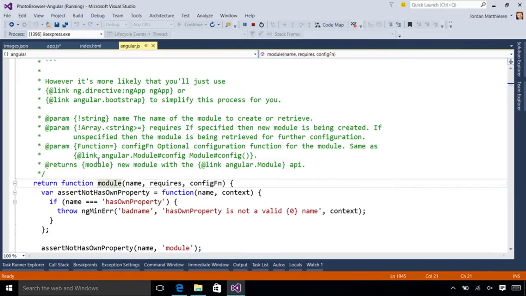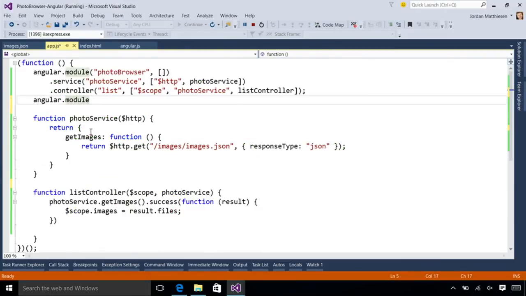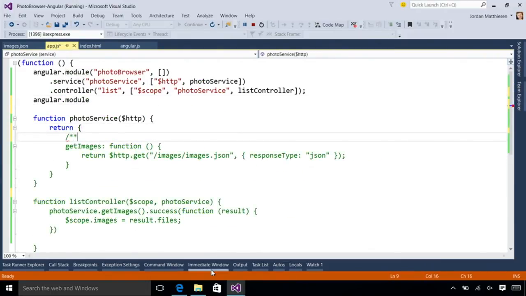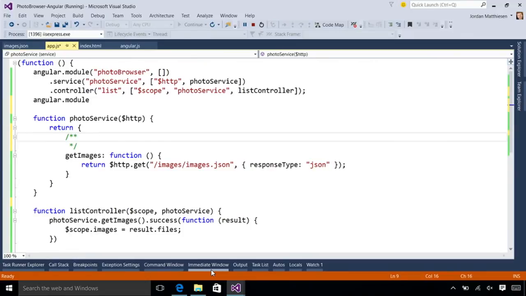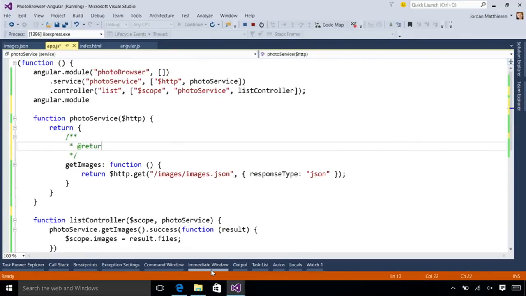Cool. So JSDoc is a de facto standard out in the JavaScript community for documenting your code. For a long time, Visual Studio's had support for XML doc comments with JavaScript like C#, but this is just taken off in the JavaScript community, so it's something we've got built in. So things like Angular now will just work. Right. And likewise, I could put this into my own code, so we could document the getImages function with a return and say that